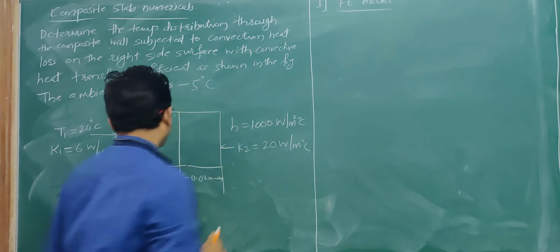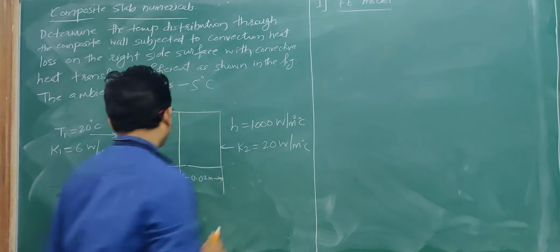The same you can see in the figure I have drawn. I need to determine the values of T1, T2, T3, that is the temperature distribution. Already we know the temperature T1, which is the specified temperature boundary condition. Now I'll consider element wise and calculate the stiffness matrices for element 1 and element 2. For element 1, we already know the equation for the stiffness matrix due to conduction, which we have derived.